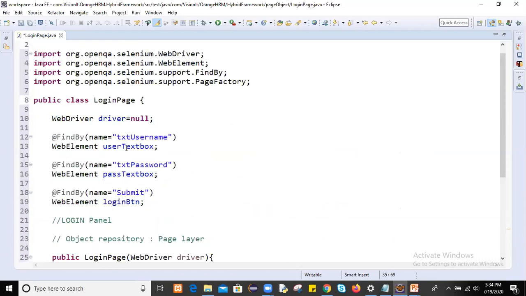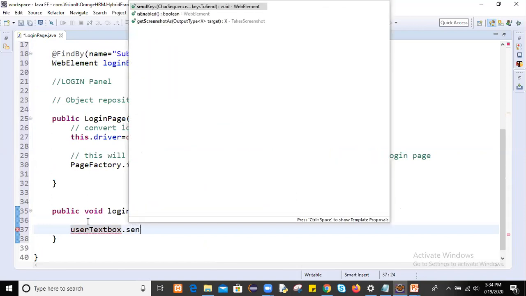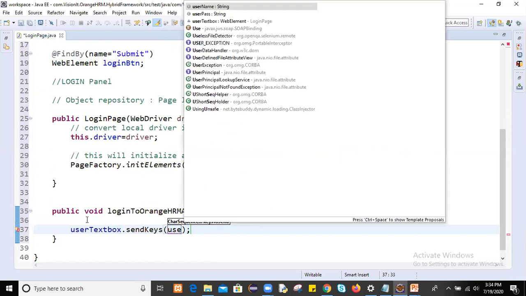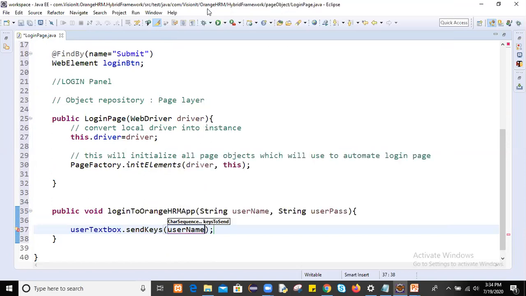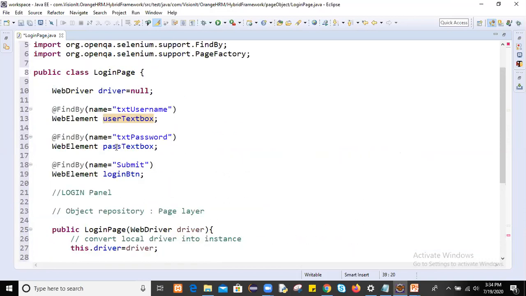Instead of driver.findElement, just use userTextBox.sendKeys(username), whatever username you pass. Similarly, what is second?